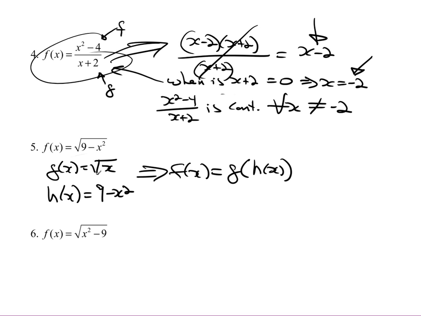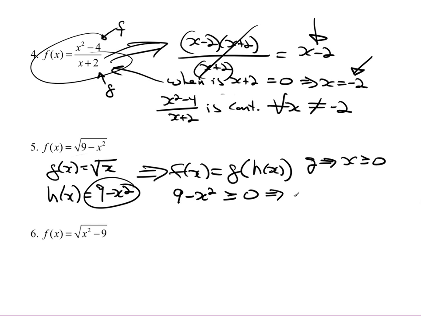Now, the issue here is the square root of x, g of x, has a limited domain. The domain for g is that x has to be greater than or equal to 0. X would be non-negative. That means this has to be non-negative. So 9 minus x squared has to be greater than or equal to 0, which implies 9 is greater than or equal to x squared,